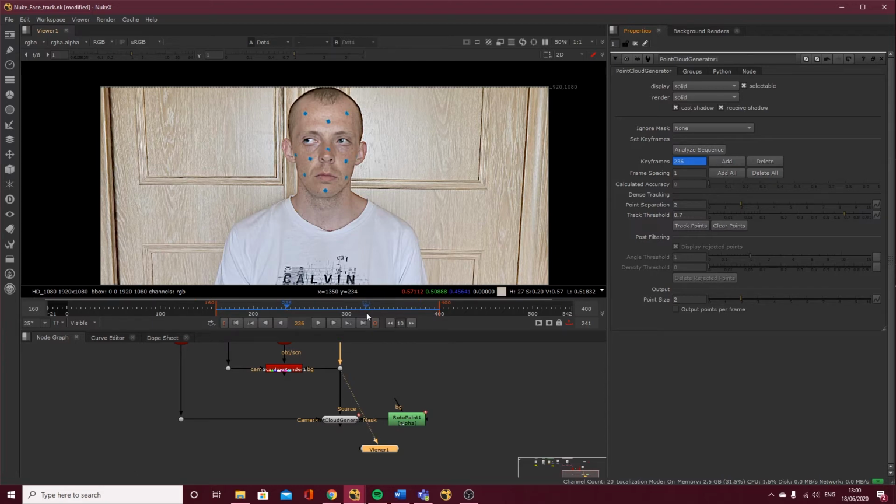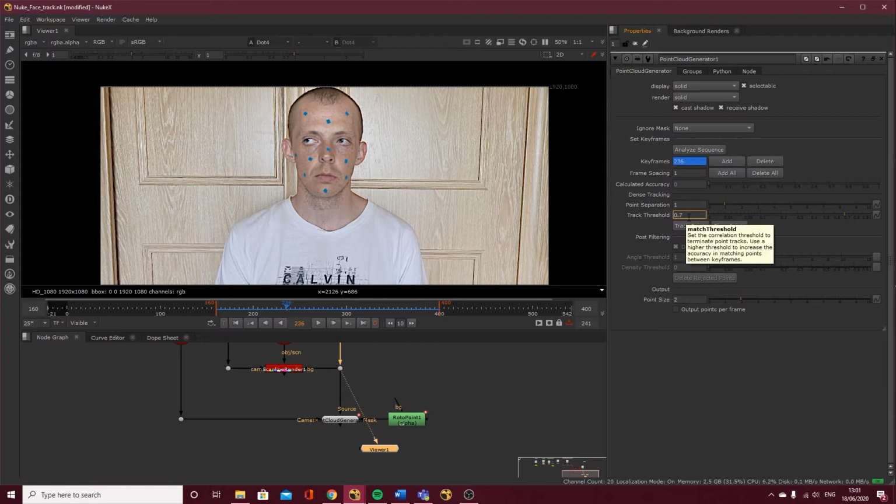Okay, so there's a couple other things before we click track points. So don't click track points yet. There's a few other things. So point separation. It's set to 2, so that's basically saying every 2 pixels it's going to create a point. So the lower this is, and you can go down to sub-pixel, the better. If it was 10, it'll generate points every 10 pixels apart. So I'm going to set this to 1 just to make it a really dense mesh.